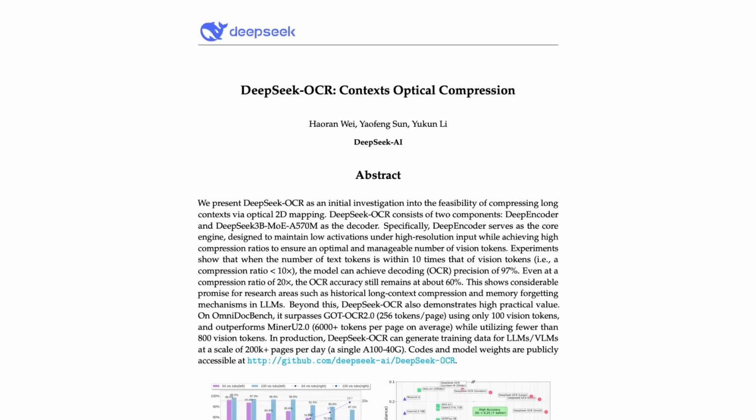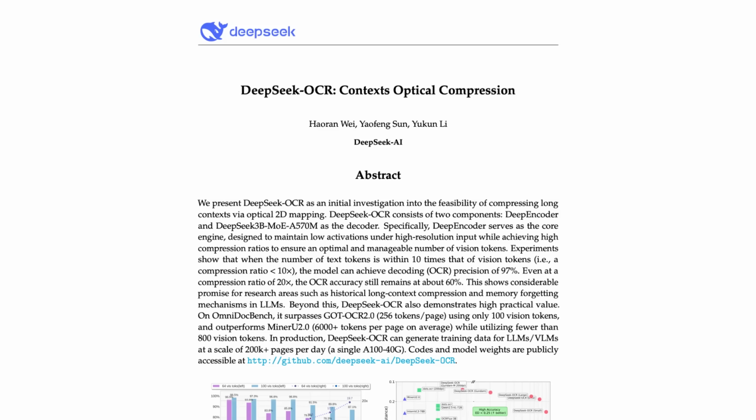But for me, this is so much more than just an OCR paper. This is really about an interesting idea of how can we actually take text tokens and store them as vision tokens, and how can we actually extract more information out of vision tokens than we're currently getting with text tokens.